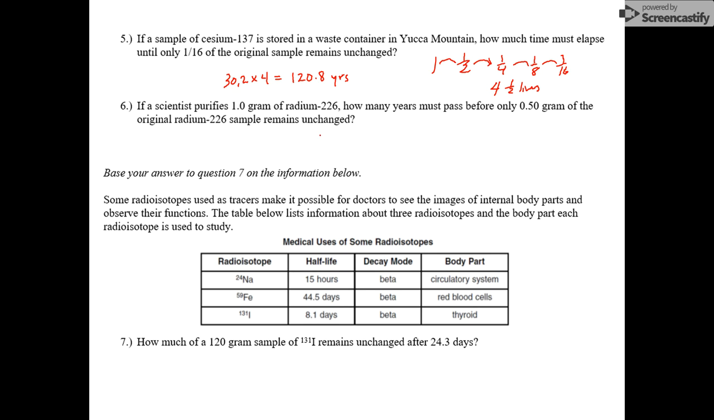If a scientist purifies 1 gram of radium-226, how many years must pass before only 0.5 grams of the original sample remains unchanged? Okay, we'll start with 1 gram. This is 1 half-life. So we start with 1 gram, and we end up with a half a gram. Okay, so what's the half-life of radium-226? 1,599 years. And finally,